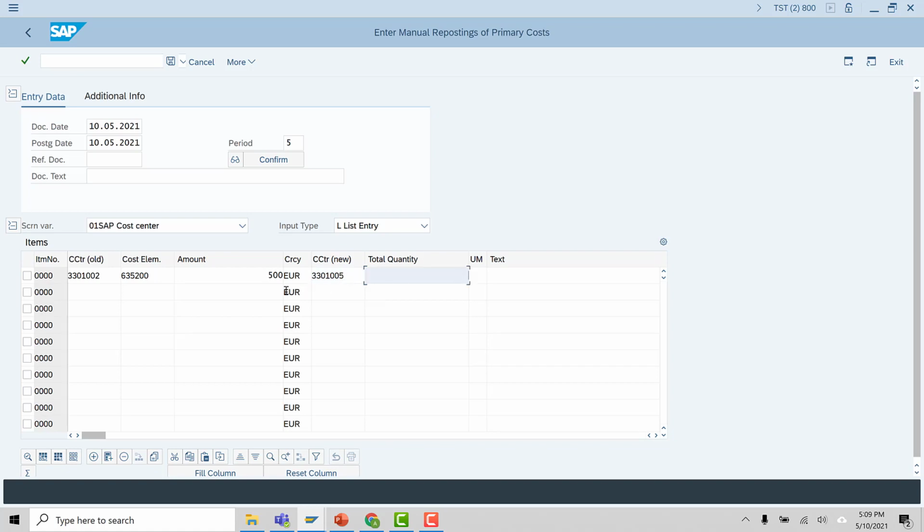Okay. So this amount of 500 US dollar we want to transfer from cost center 3301002 to the new cost center 3301005. So that's all. Enter these values and save it, and the document has been posted.